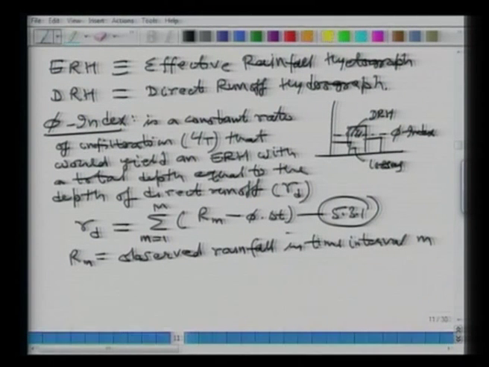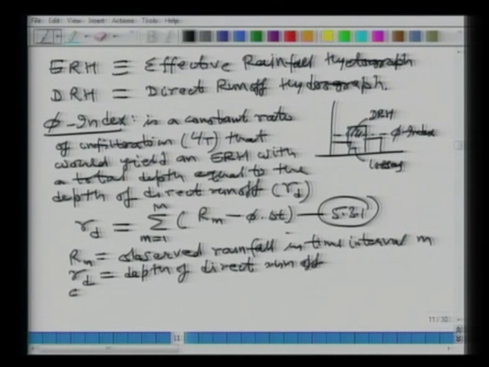Okay. And units again are in centimeters or inches or whatever. RD is the depth of direct runoff. Okay, same units. Phi is your phi index, of course,